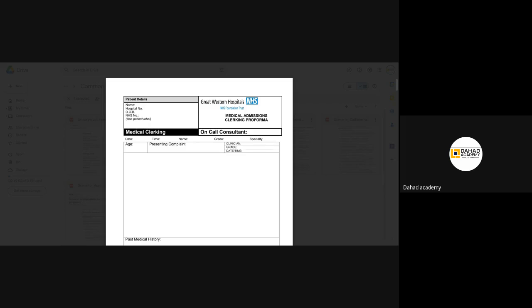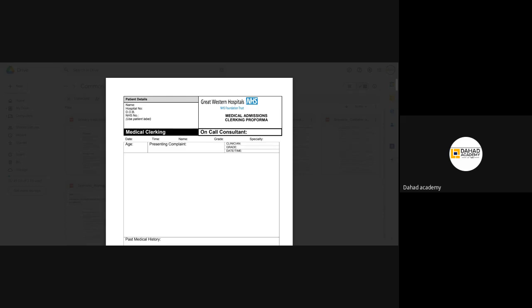And the GP gave her some nitrofurantoin to treat urinary tract infection, but things got bad and she deteriorated, and she came to you to the hospital and has been seen by the A&E doctors. Okay, so again, we will go quickly through the